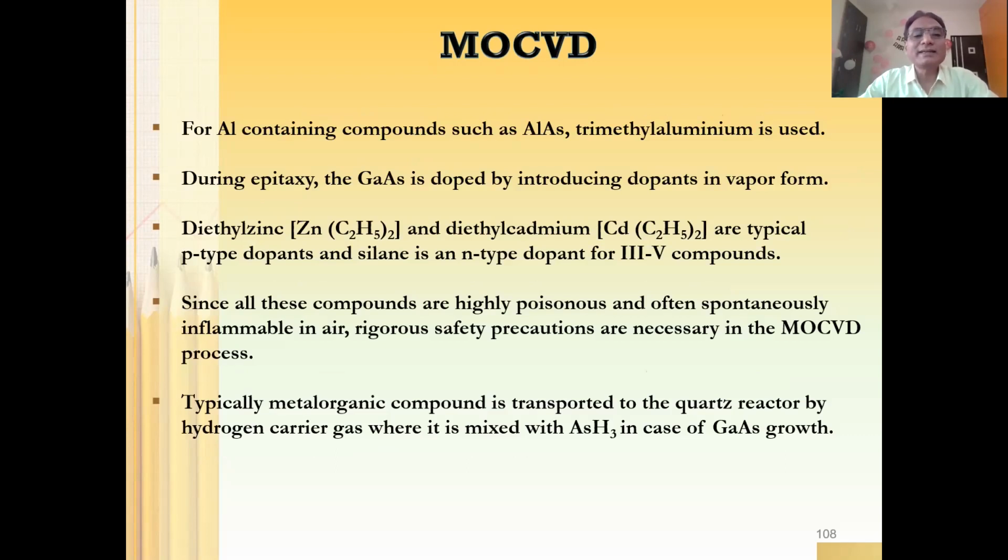For an Al containing compound, you can use triethyl aluminum, right? If you want to have the aluminum arsenide. During epitaxial growth of whether it is aluminum gallium arsenide or aluminum arsenide,